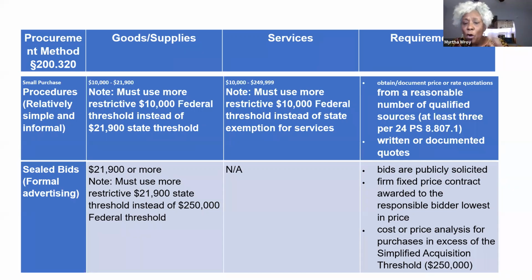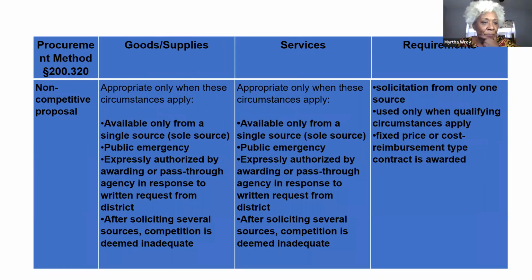That's why I tell people, always go and look at the terms and conditions for anything that you're interested in, once you know that you can do that scope and you have the capacity for it, because it tells you if it's going to be a firm fixed price contract. If it is, you'd better make sure that the price you quote is what it is, because you don't have any way to go back and renegotiate with them. This is a whole other class on different types of bidding, so I'll move on. Your non-competitive proposal.